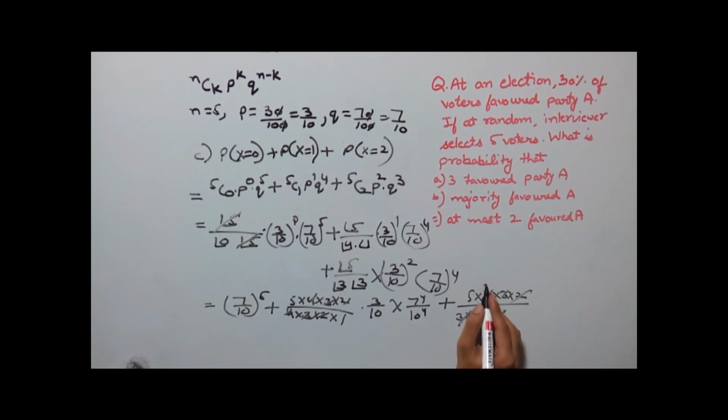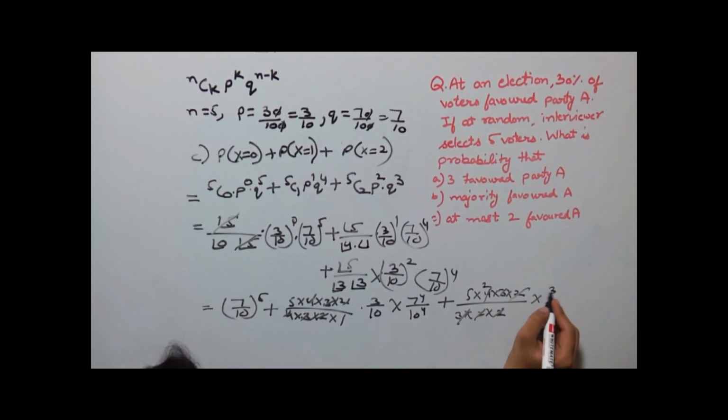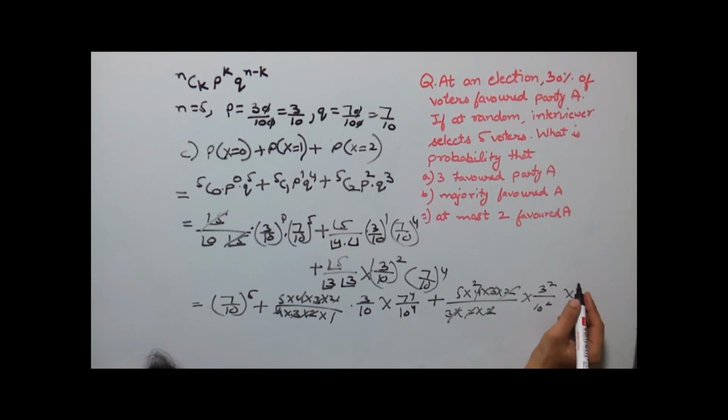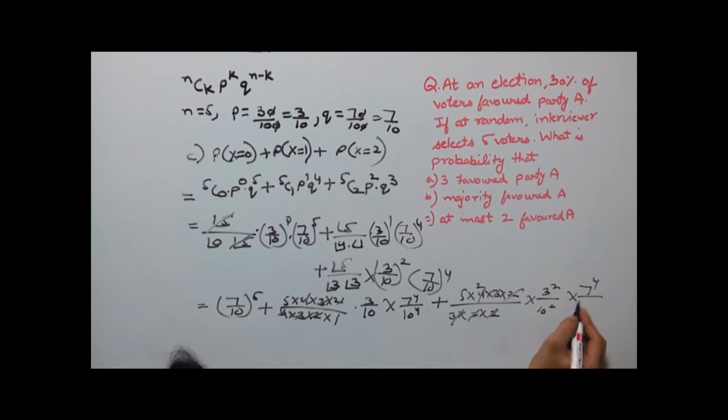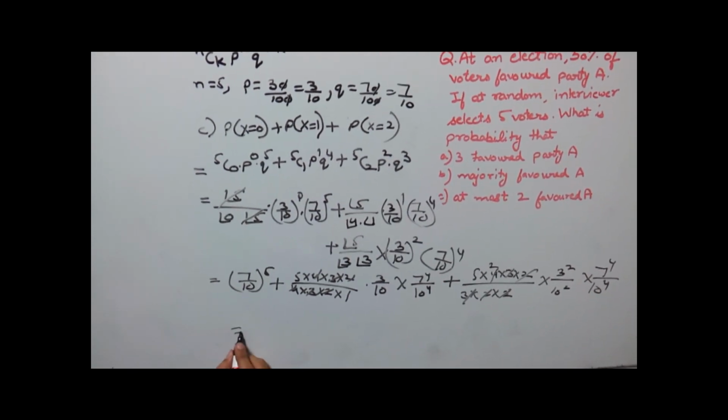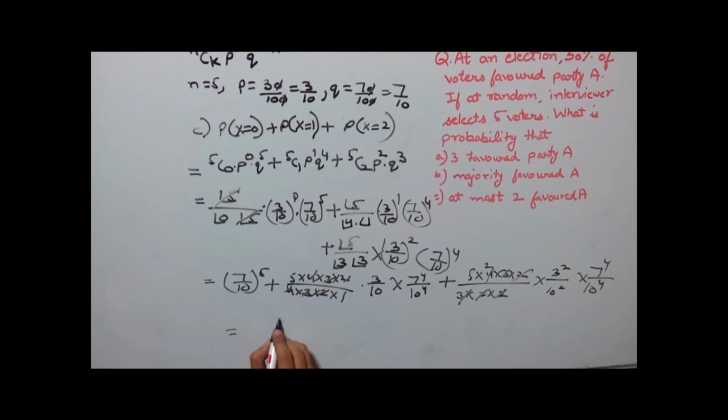Cancelling them we get 3 square upon 10 square into 7 to the power 3 upon 10 to the power 3. Solving this equation we get the answer as